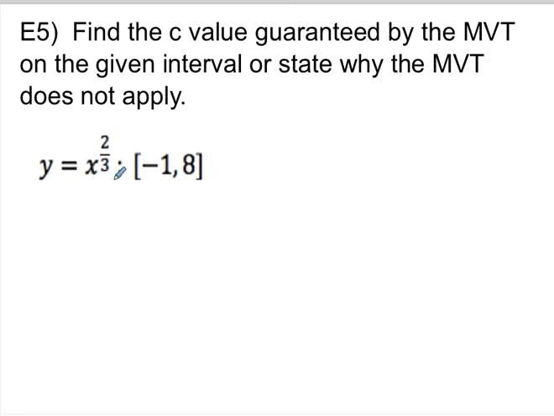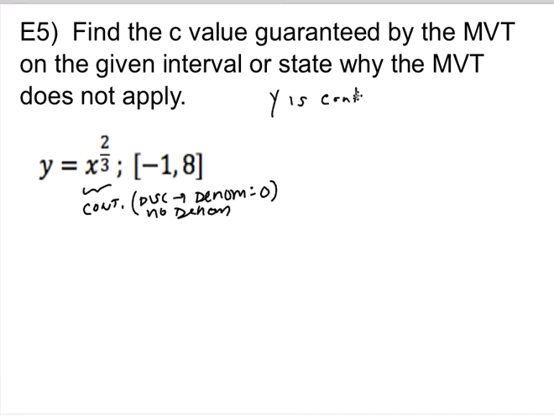So if you picture what x to the 2/3 looks like, first off, this is continuous, because remember that essentially discontinuities mean that the denominator of something is 0. And there is no denominator here. So there's no denominator, so this must be continuous. So y is continuous on, and on an AP Calc test, you should do the solid upstanding citizen thing of writing the entire word, continuous,